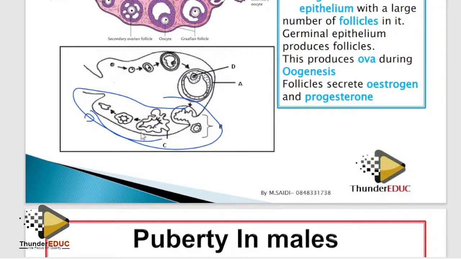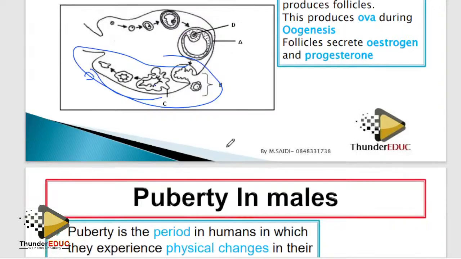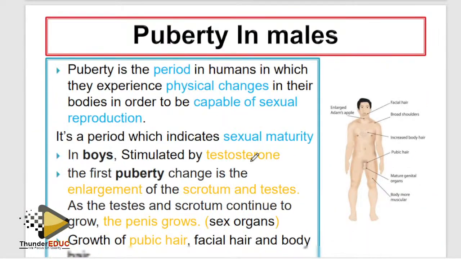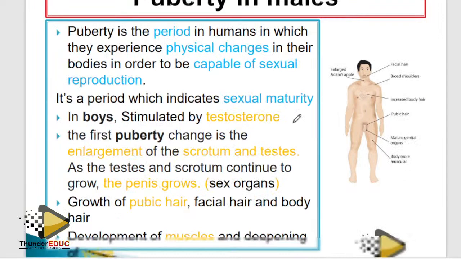So, you see what it means? It shows that it is degenerating. So, it means that corpus luteum is degenerating. Therefore, fertilization did not take place because now this corpus luteum is going to produce less progesterone, and once less progesterone is produced, then follicle stimulating hormone is going to be released.